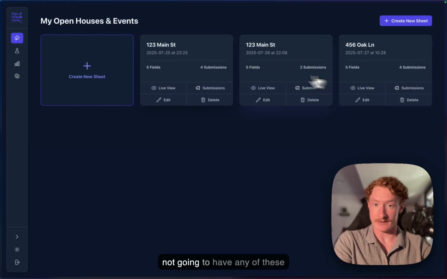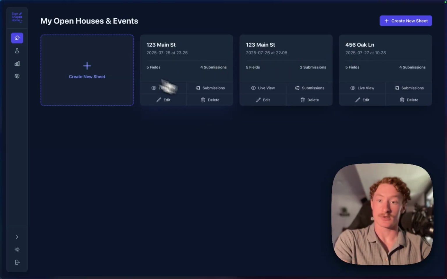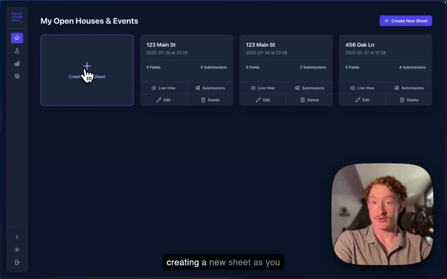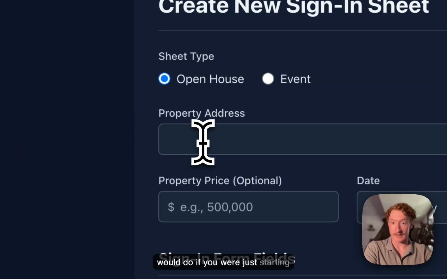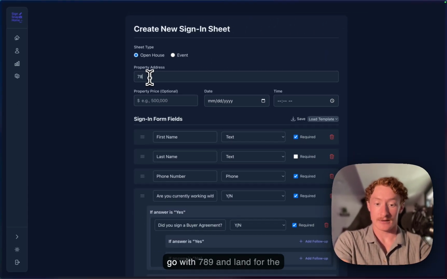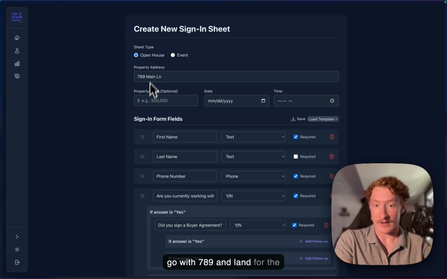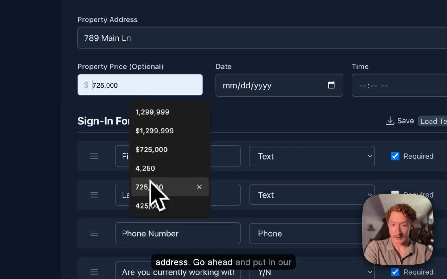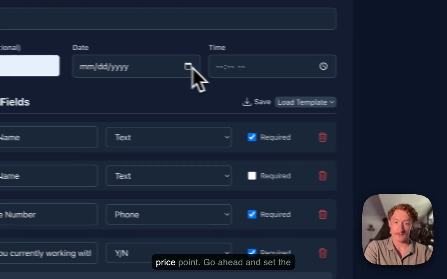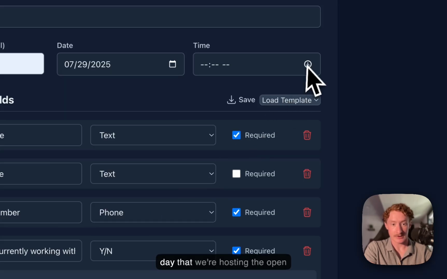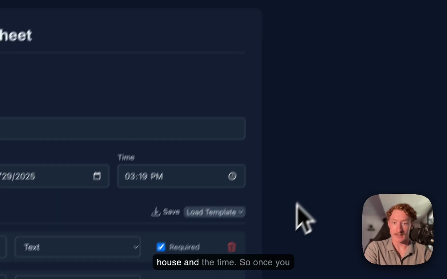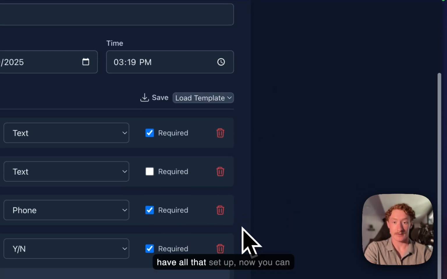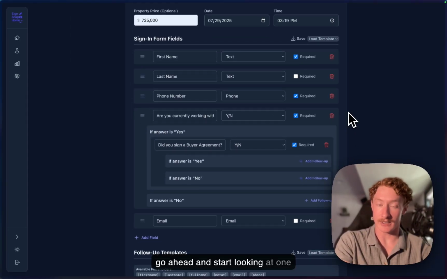You are not going to have any of these that are here. Let's just go ahead and get started by creating a new sheet as you would do if you were just starting out. We'll go with 789 Main Lane for the address. Go ahead and put in our price point. Go ahead and set the day that we're hosting the open house and the time. So once you have all that set up,